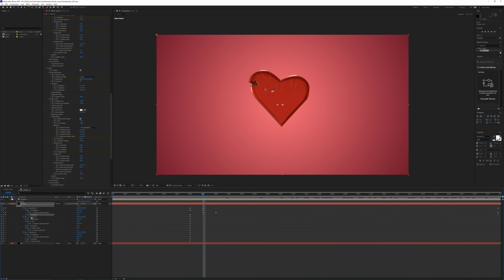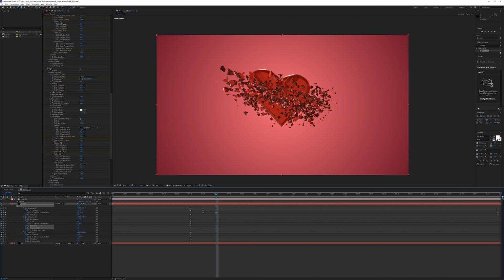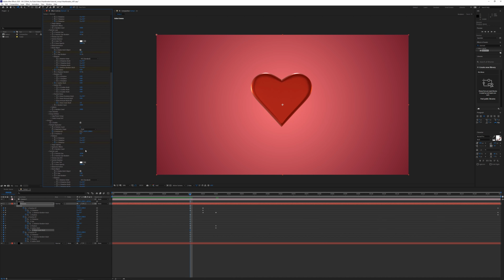All right, so next for the second group. For this one, it's actually going to be easier to start off with the displacement. So at frame 40, you can increase the displacement quite a lot. And then for the scatter multi, you can increase that to around 10 or so. And for the noise amount, and actually I meant to, instead of noise scale, I meant to do amount here.